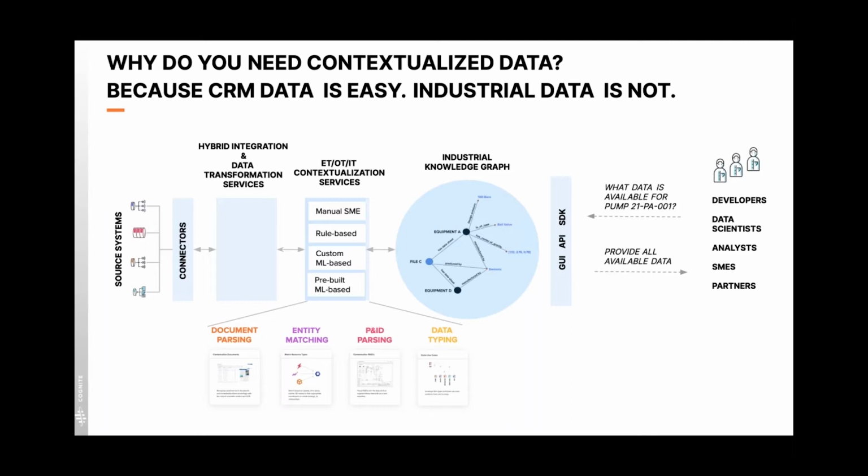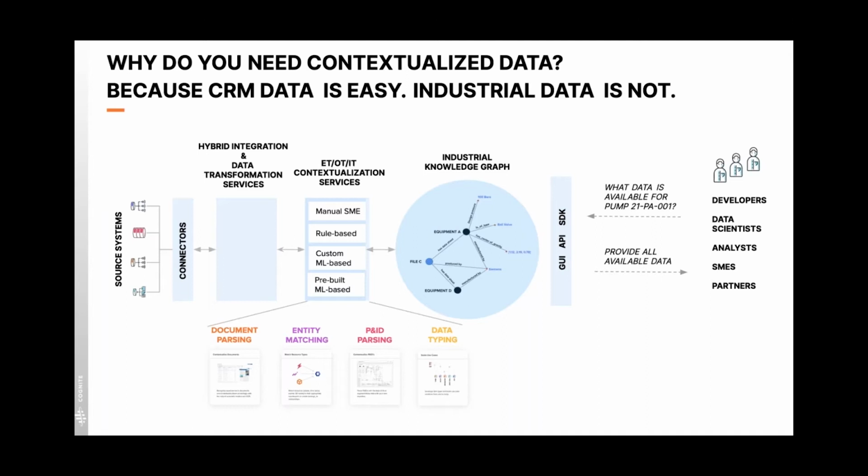Then we provide a set of data transformation services, or customers are of course free to connect and keep using their existing ETL services as well. And then we move into populating the Cognite industrial knowledge graph, and the populating of this graph happens through our data contextualization services. So there are different types of possibilities. We have manual SME contextualization options in the platform. We have rules-based engine decisioning. We have custom ML-based solutions, and then we have our pre-built ML-based library as well that feeds our contextualization pipelines. And we'll elaborate and show these a little bit more in depth next.